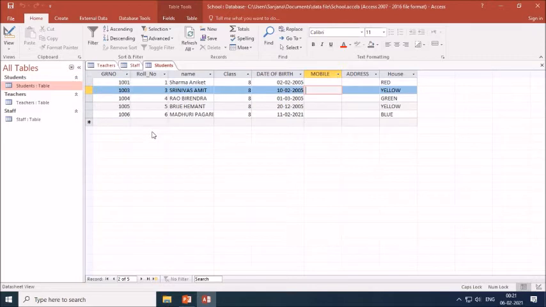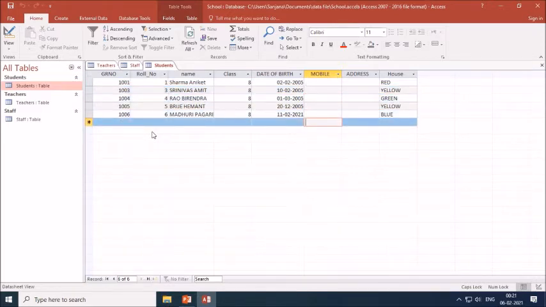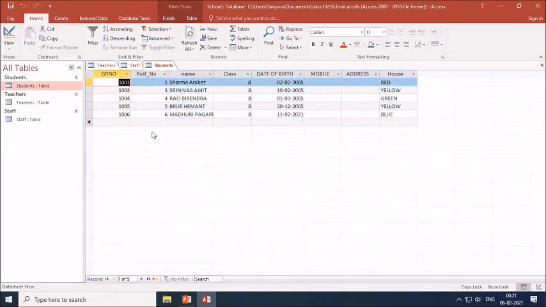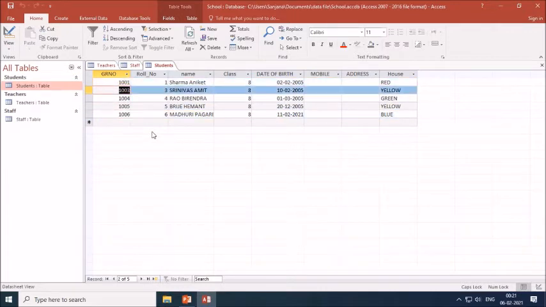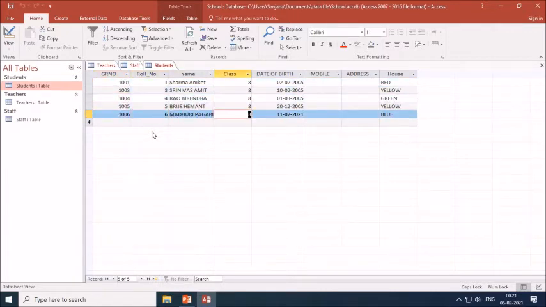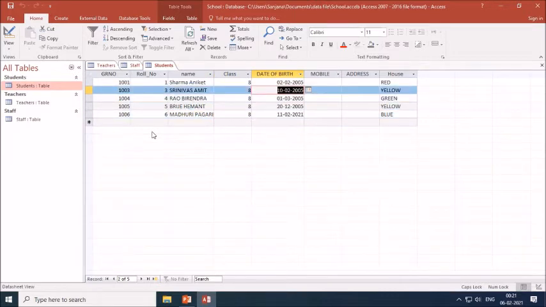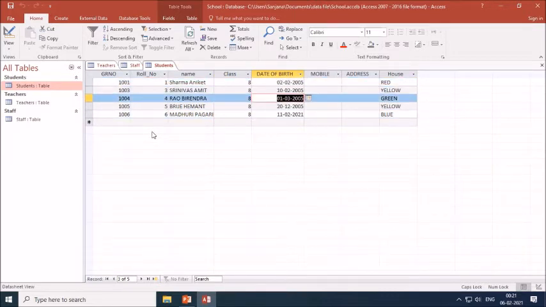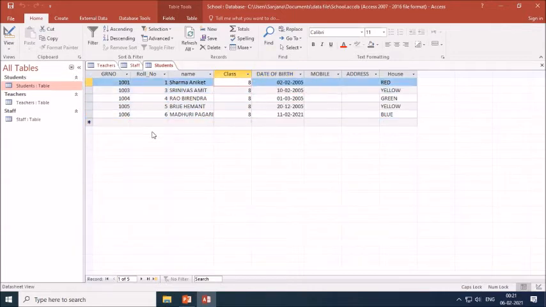use up arrow key and down arrow key. Now if you want to move to the left of the field you have to use left arrow key. Then if you want to jump to the right fields you can use right arrow key. So these are the importance of the arrow keys while seeing the records in the table. So all four arrow keys can be used to make the movement in the table. To see the table, all records you can see through arrow keys. So this way you can move the cursor in the table.